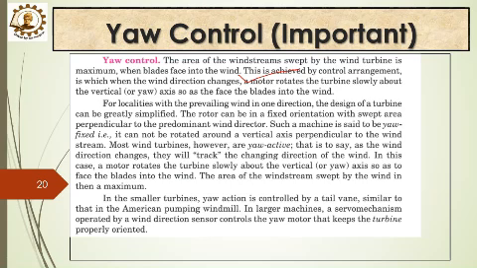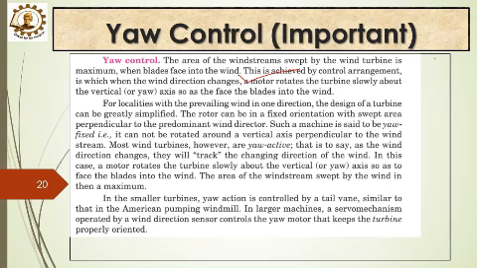For localities where the prevailing wind is in one direction, the design of a turbine can be greatly simplified. The rotor can have a fixed direction; that is, these kinds of rotors are known as yaw fixed. But most wind turbines are actually yaw active. That is, when the wind direction changes, they will track the changing direction.